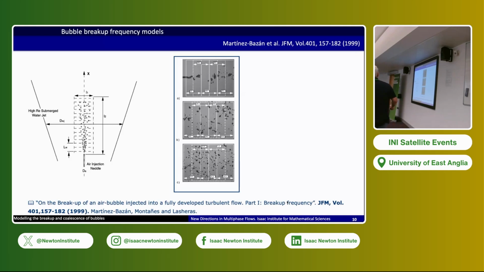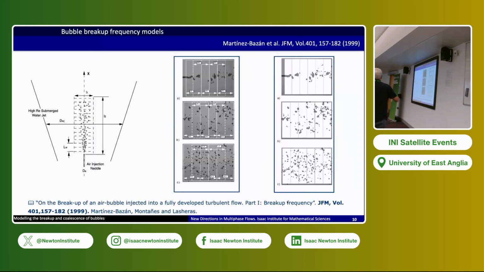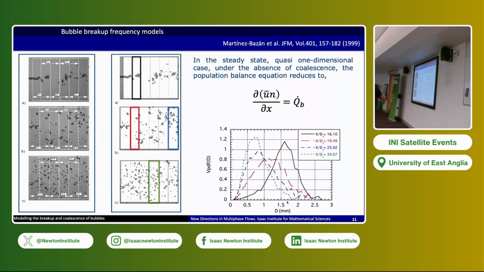We injected bubbles in a turbulent jet with a needle, and we recorded with the camera. We follow the population of bubbles that are created. We have bubbles here moving upwards and from left to right. We see that the bubbles are broken, and we track the bubbles. We are able to determine the population of bubbles. We go to different positions, and we obtain the bubble size distribution as it evolves.